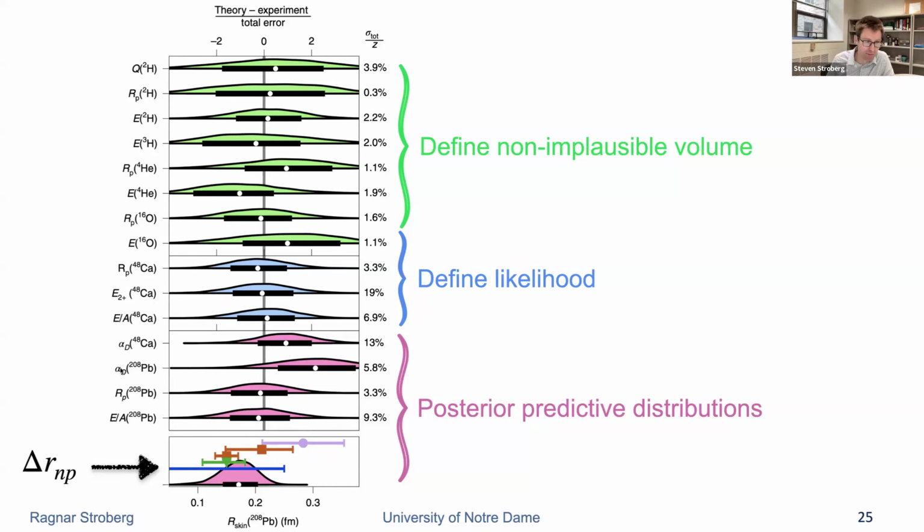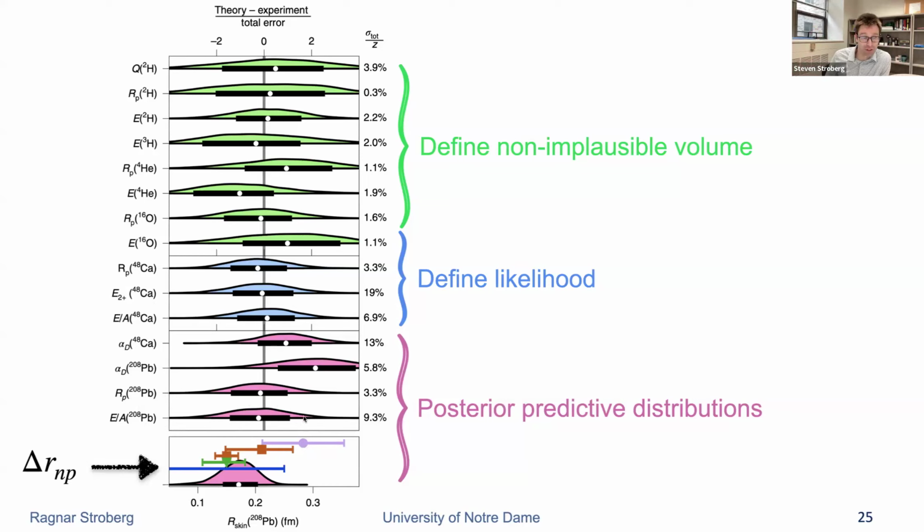So we can predict dipole polarizabilities, the radius of lead-208, and the energy per particle of lead-208, and things are looking pretty good. The error bars are bigger than you'd get from mean field theory, where things are fit to that,